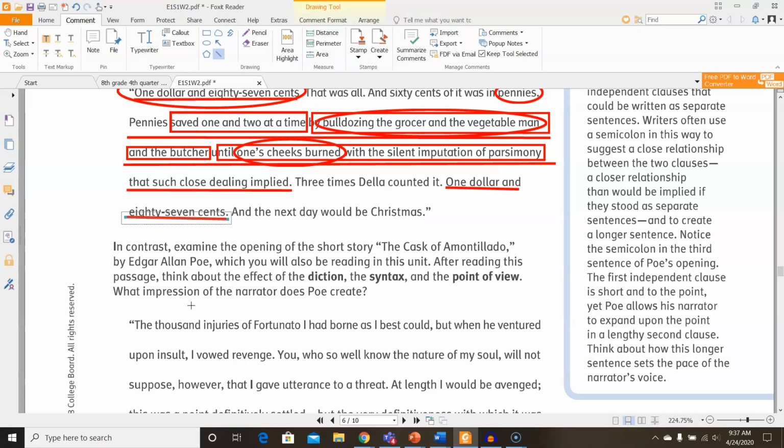So now we're supposed to examine the opening of the short story "The Cask of Amontillado" by Edgar Allan Poe, which we're going to also be reading in this unit. So when we read this passage, we're going to be thinking about the effect of diction, syntax, and point of view. What impression of the narrator does Poe create? So we're trying to consider how we would view the narrator. What impression is that narrator making? What do we think about the narrator by the end of this passage? So